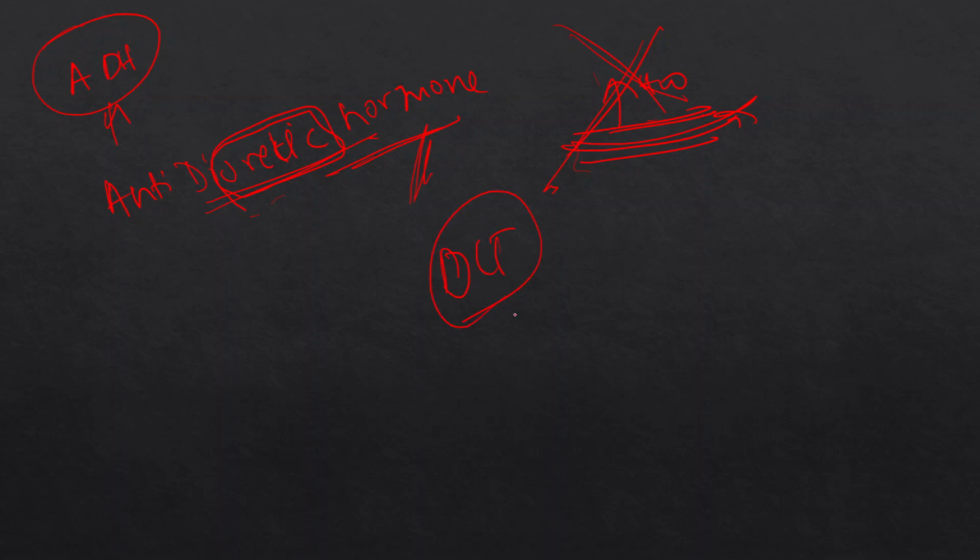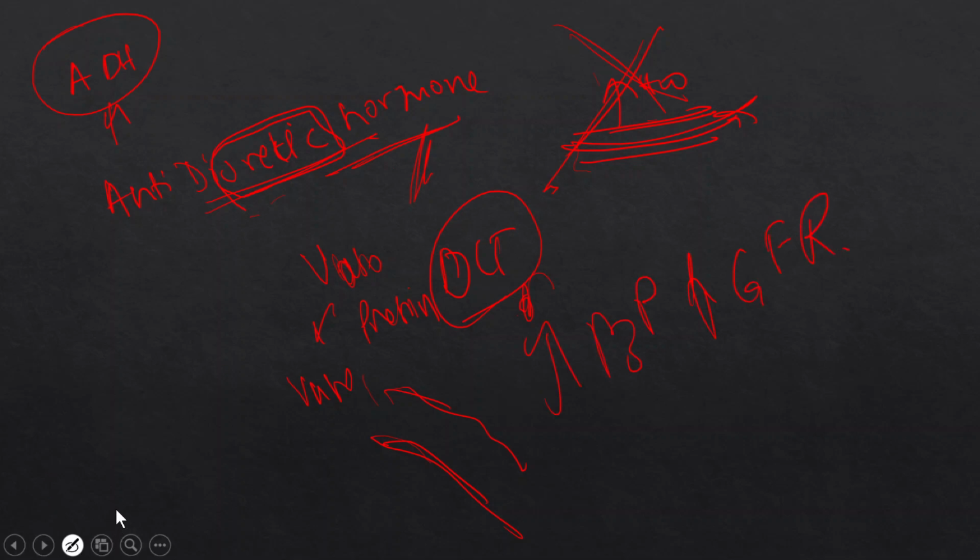This is also called vasopressin. Why is it called vasopressin? It is a vasoconstrictor. It presses the blood vessels. Again, if blood vessels are pressed, BP rises. If BP rises, what happens? Glomerular filtration rate increases. Now, there is only one hormone which decreases the BP, that is your ANF, atrial natriuretic factor,